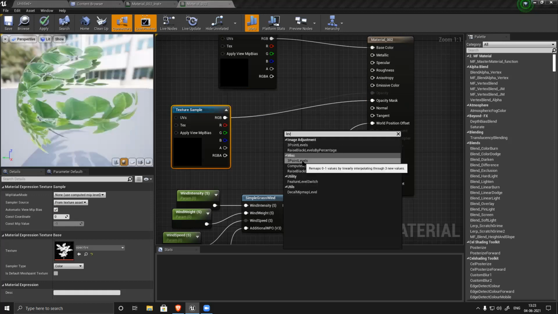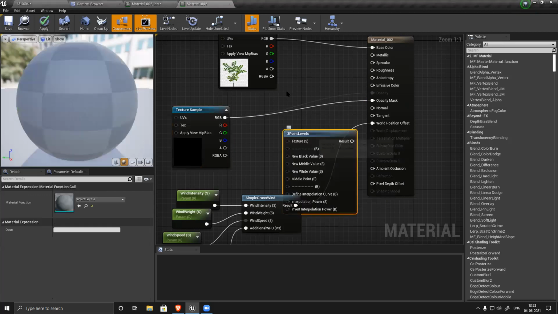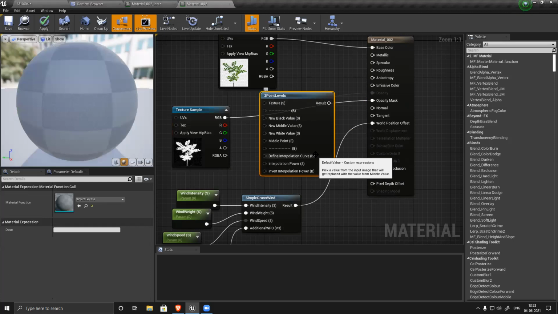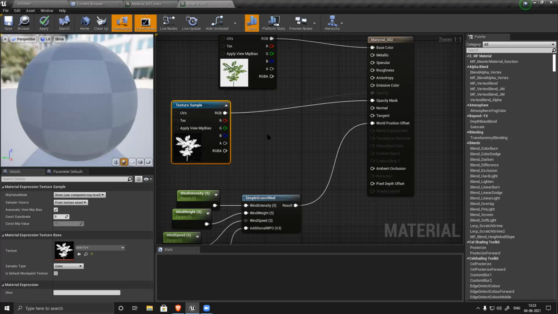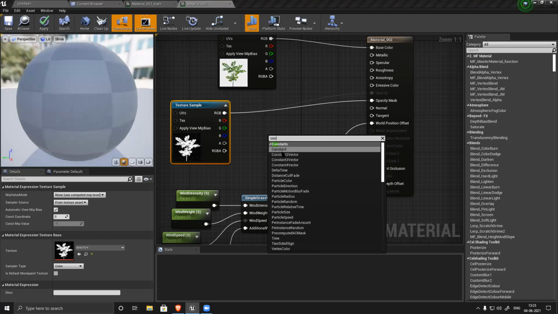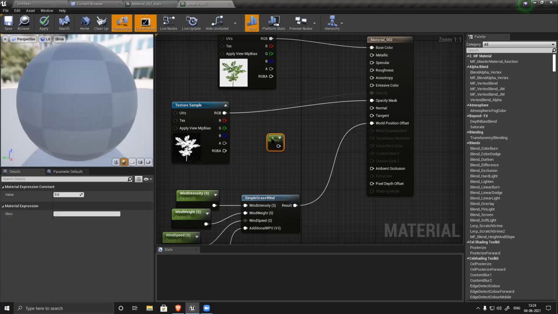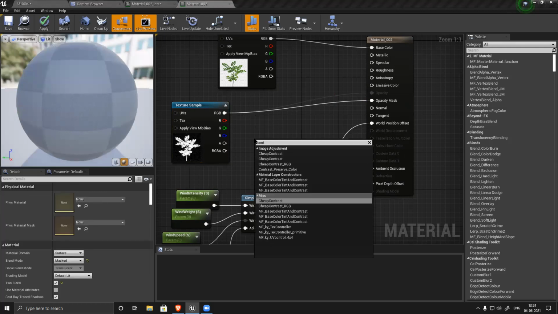3-point level I have. If I want to increase the contrast, there's a contrast option. Oh, sorry, it's called cheap contrast.